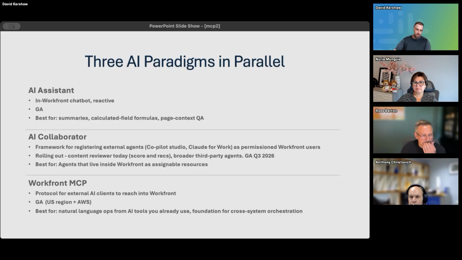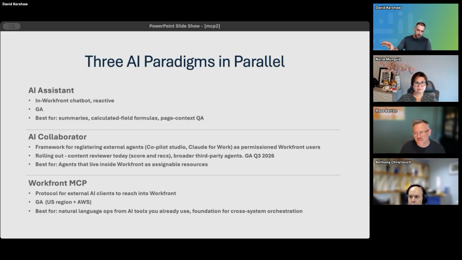So there are 3 main paradigms that are out there working today. One is the AI assistant. I'm going to just pretend that no one's ever used it, so we'll start from the very beginning. An AI assistant is like if you've ever visited a website and you get that chat window at the bottom saying, how can I help you? It used to be a real person. Now a lot of them are using AI to help. That's kind of the same idea as this.